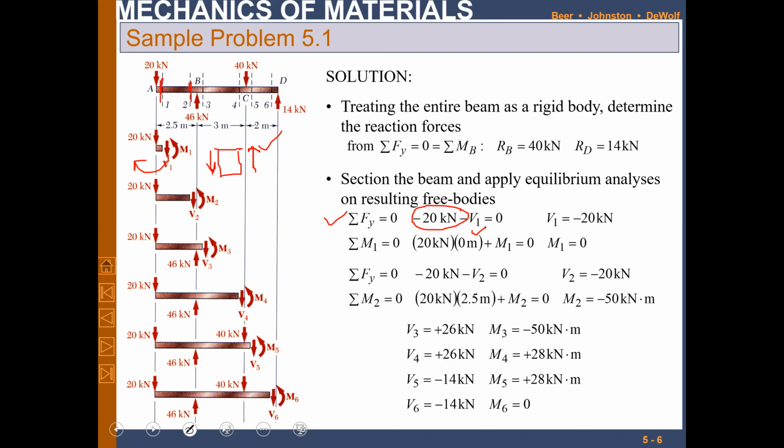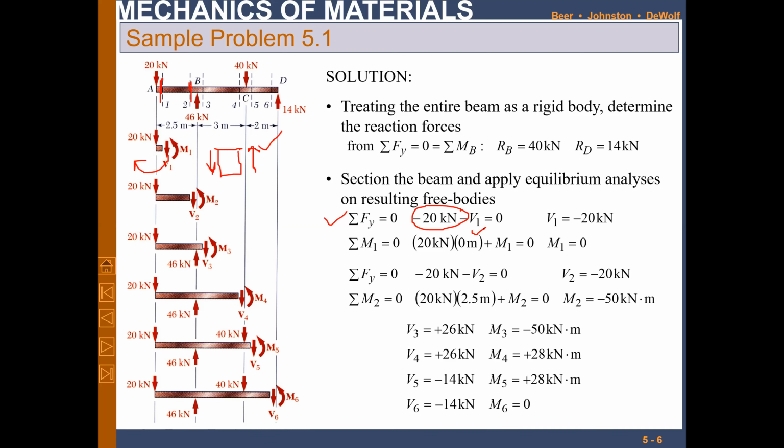So this M1 is the positive M, right? So this is positive M1. So M1 will be equal to 0, so no moment will be there. But as we go to point 2, now there is a significant length, that is 2.5. Obviously that can be maximum 2.5.